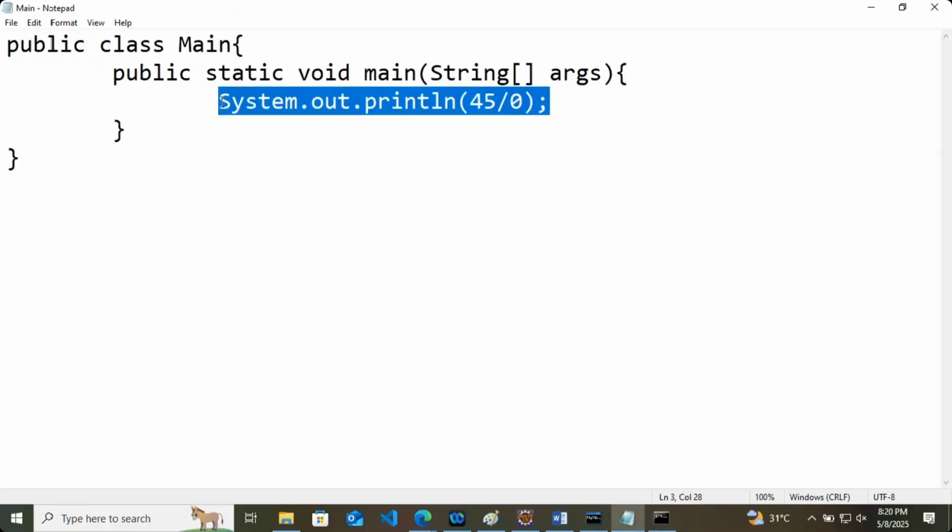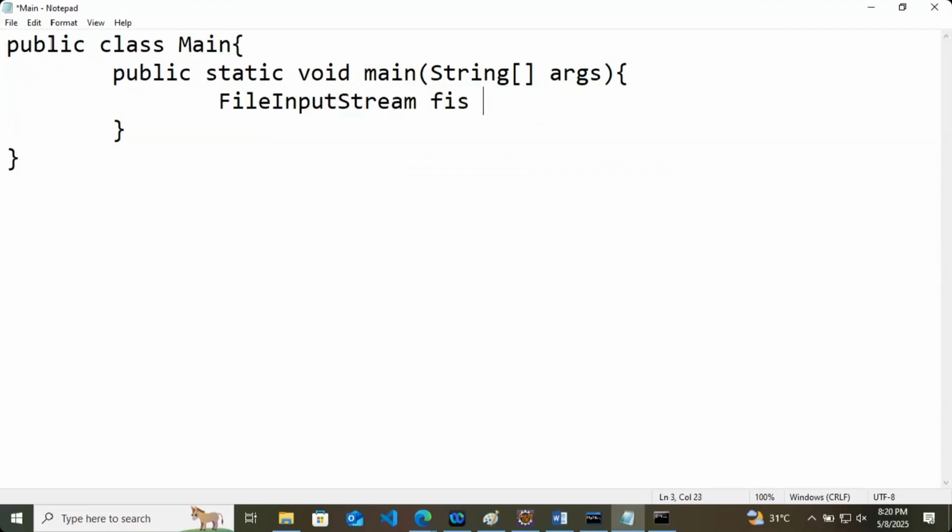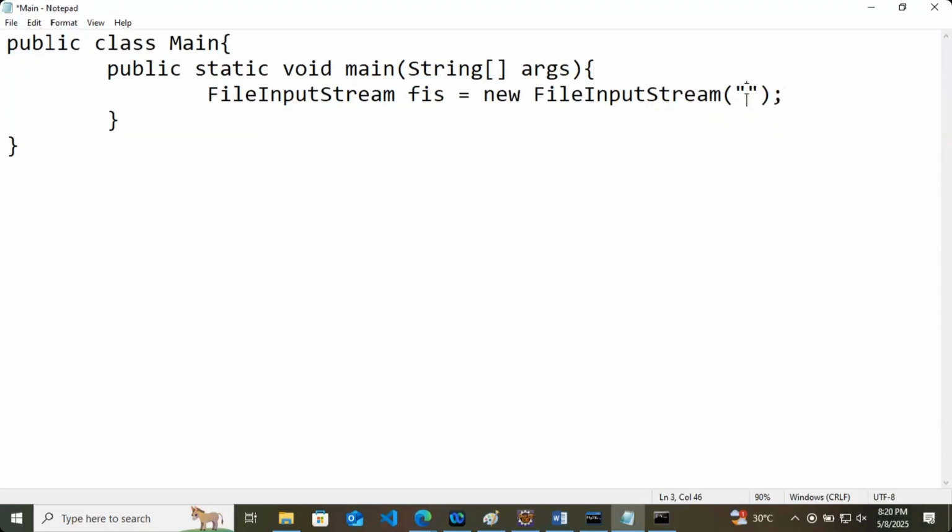Same program I will write like this: FileInputStream fis = new FileInputStream. So what I am telling Java is that in my C drive, there is a file hello.txt, right?